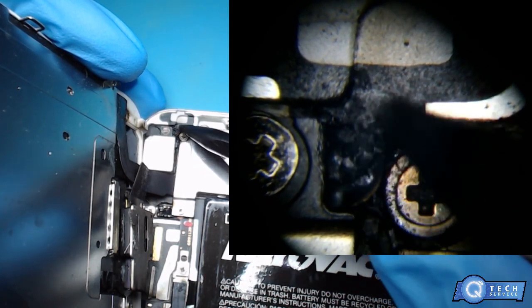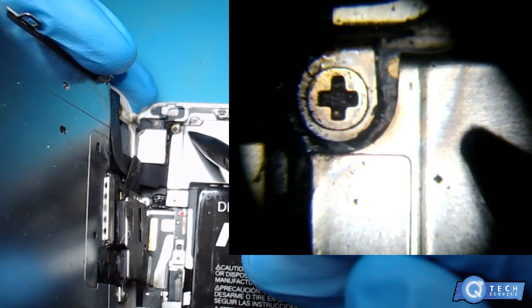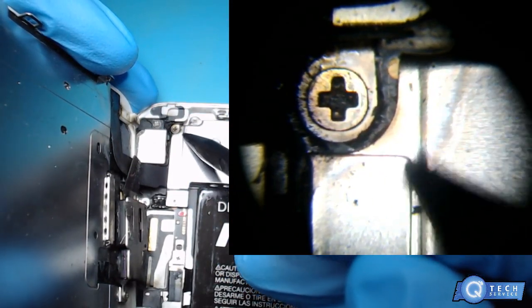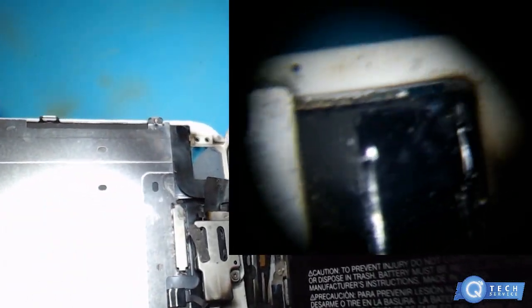So you must have got some water. This is just flaking apart. This is supposed to be... Look, it's like it's charred. I could almost start it on fire. Never seen that before. You can see the outline of how hot it got. This is on the back side of the screen. You can see that the screen...